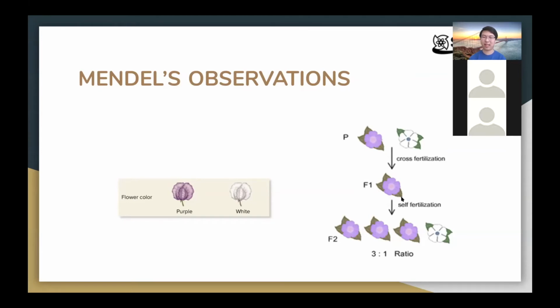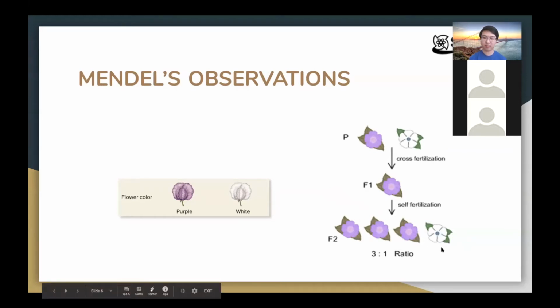So self-fertilization, and he discovered that they fit this very nice, very mathematical 3-to-1 ratio of purple flowers to white flowers in the descendants of this F1 cross. So again, to elaborate, he had these parental genotypes, he had phenotypes. He had a parental purple flower and a white flower, and these were true breeding. And he crossed them, and the next generation, all the flowers were purple. But when he crossed this generation of purple flowers with itself, they got a 3-to-1 ratio of purple flowers to